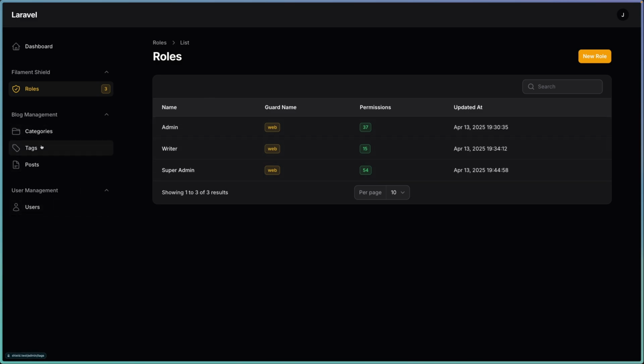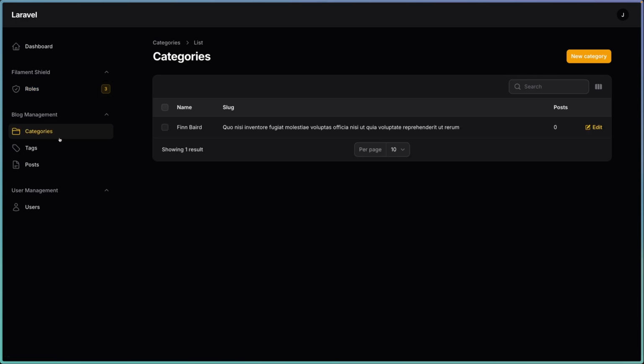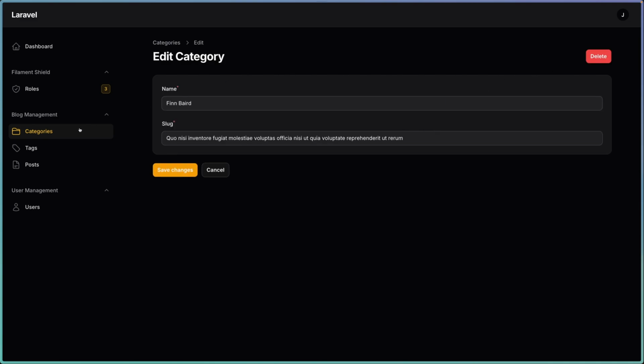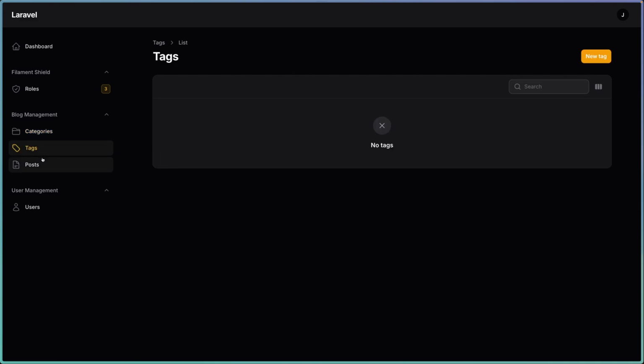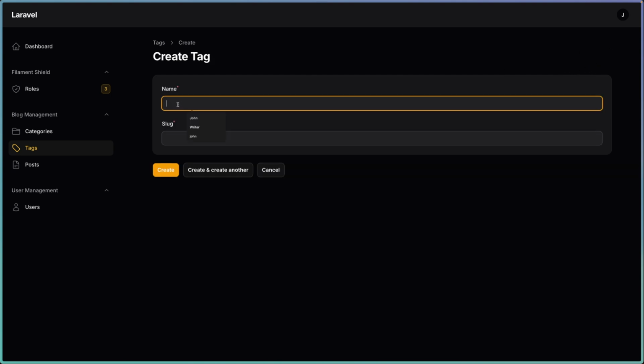Now let's go to categories because we are admin, not super admin. Yeah, we can create new category, edit the category, delete the category. The same for tags and the same for posts. So let's create a new tag. So admin,